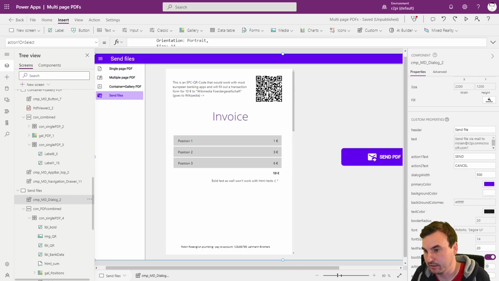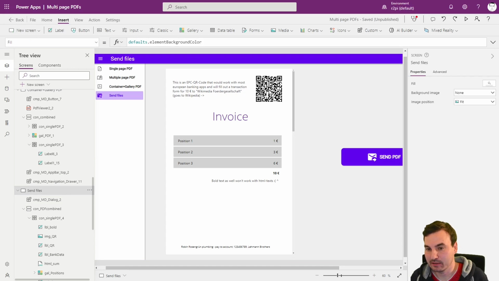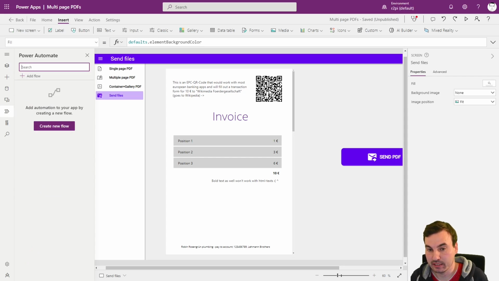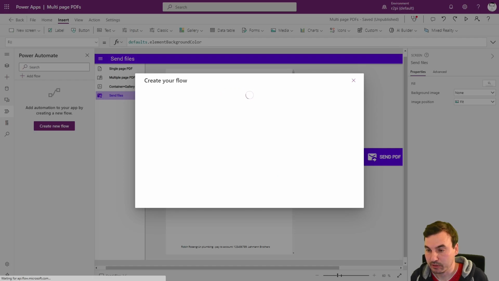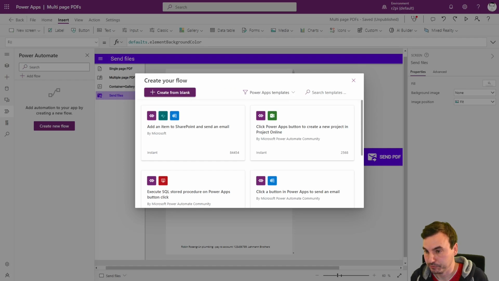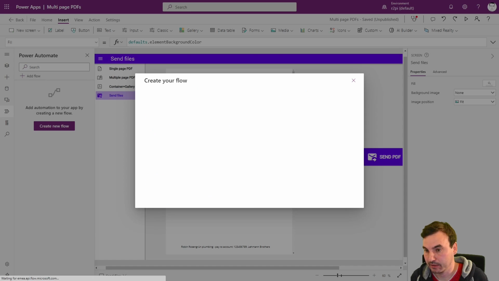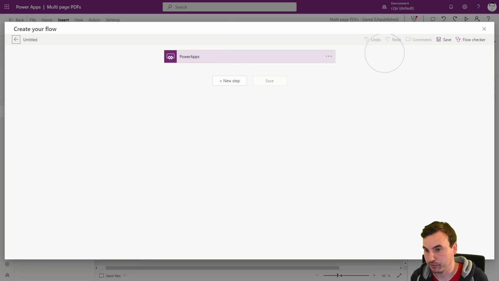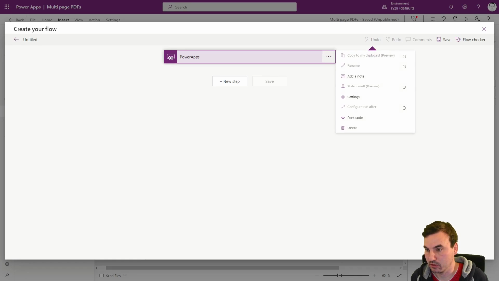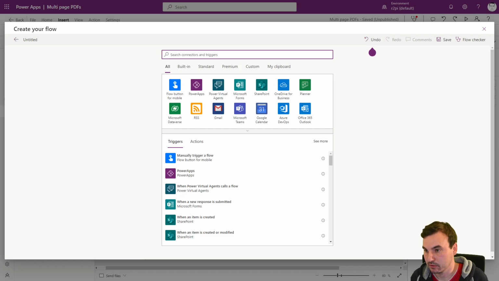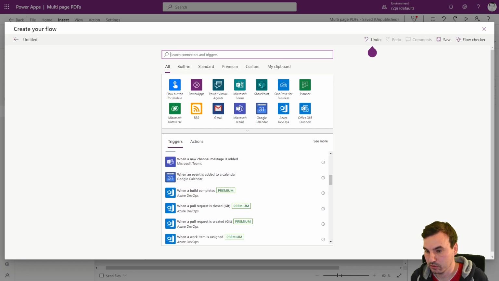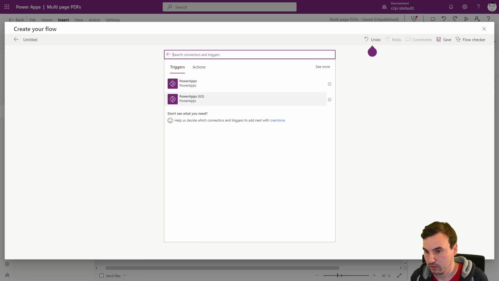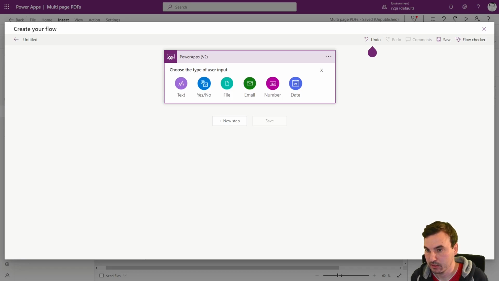And one more idea right here. Let's try another scenario. Let's try using this in a flow, also really easy to set up. Let's use the new Power Automate pane right here. We will create a new flow, and create it from a blank. And then, of course, we don't want to use the standard Power Automate trigger, but we want to use the version 2 of that. So we can specify a file as an input,